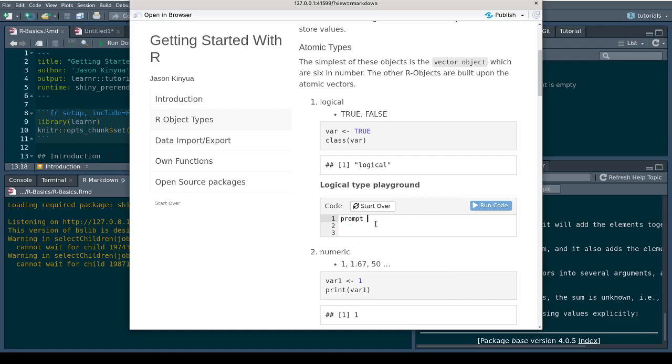In R you can either use the arrow sign to assign, or you can also use the equal sign to assign. You can also use the assign function, with the object name and the value that you want to assign. You want to assign it TRUE.